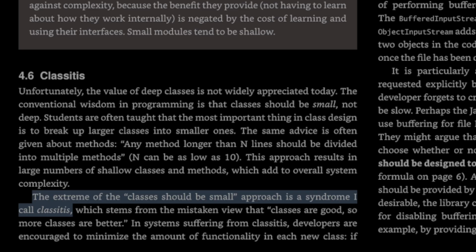Page 26 says the extreme of "classes should be small" is an approach, a syndrome the author calls Classitis. This is a good antidote to the clean code garbage philosophy of like make everything small. Moving to chapter 5, chapters 5 through 9 are fine. They're a big set of contrasts between really crappy Java APIs and much better Unix and TCP/IP ones. There are a couple of things I might quibble with, but generally those are pretty good advice.